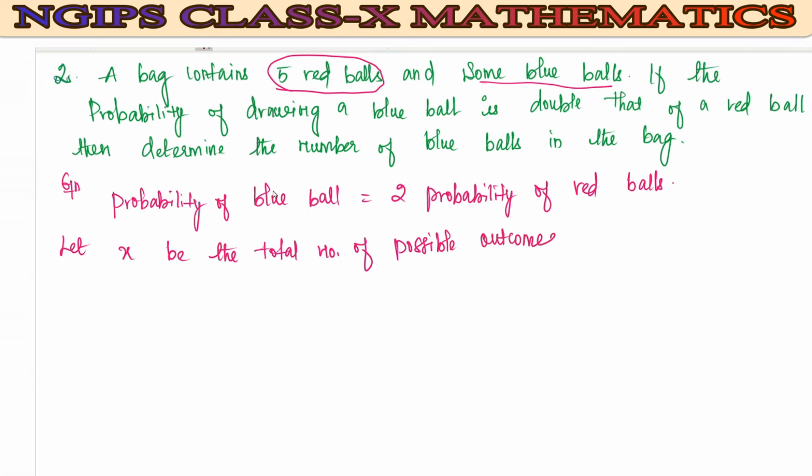So according to this condition, I can write the probability of blue balls. Here blue balls we don't have. The probability of drawing a blue ball is double the probability of red ball. So we know the red ball. So what is the red ball we have here? 2 into, I am just substituting the probability here, number of favorable outcomes